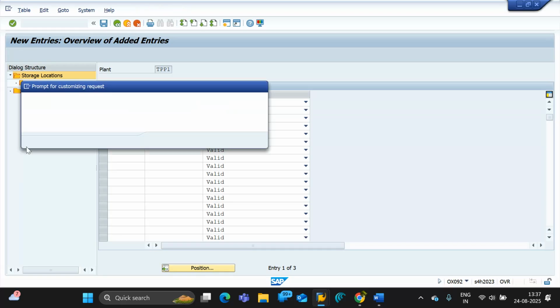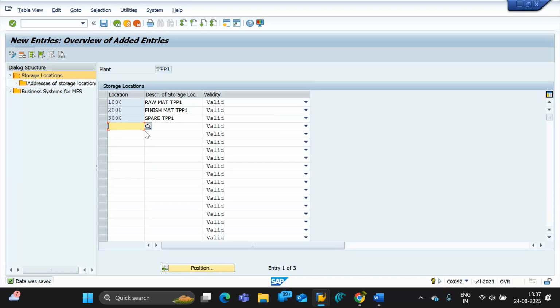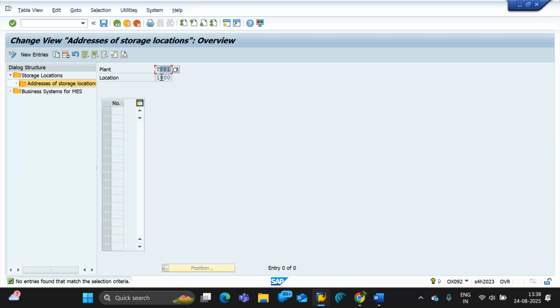It is the same enterprise structure until we finish creating it, that's why I am not changing this request number. Then continue. One more thing is that you can select this location and go for the address of storage location. We can save the address of the storage location. Double click on this. So plant, under this the store location, and the address of store location. New entries. Suppose store location 01. Then press enter and you will get